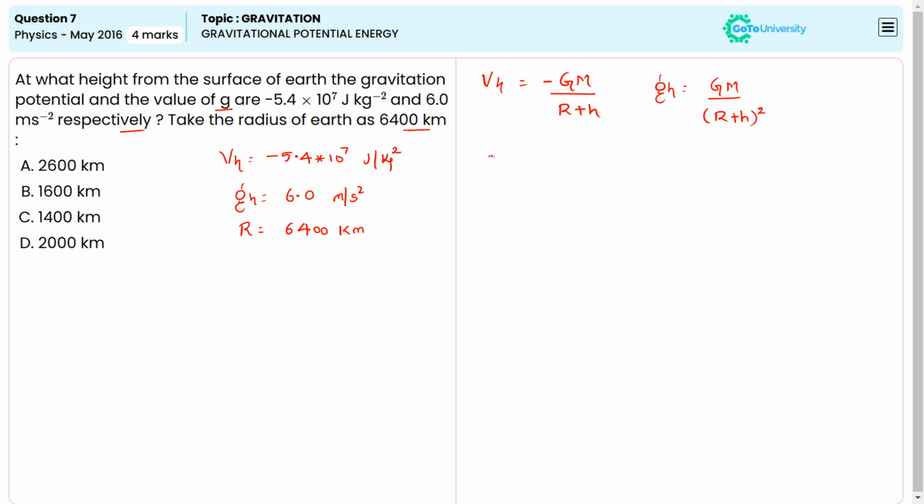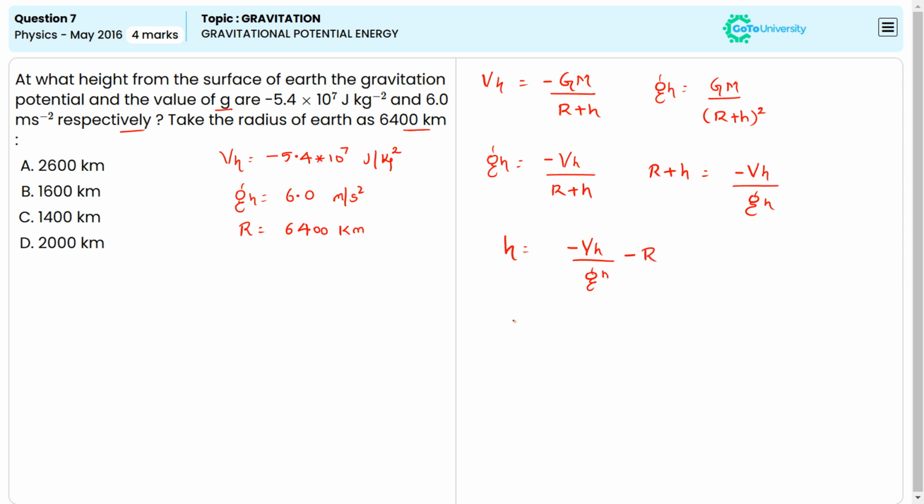Then we can write gh is equal to minus Vh divided by R plus H. Then R plus H is equal to minus Vh divided by gh. Then H is equal to minus Vh divided by gh